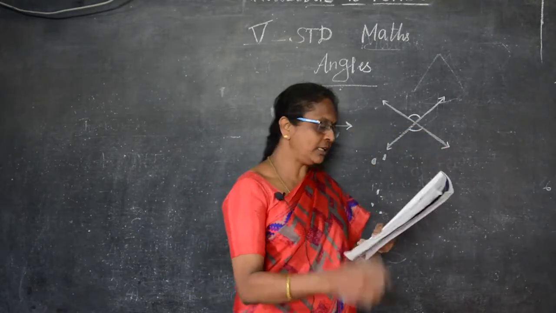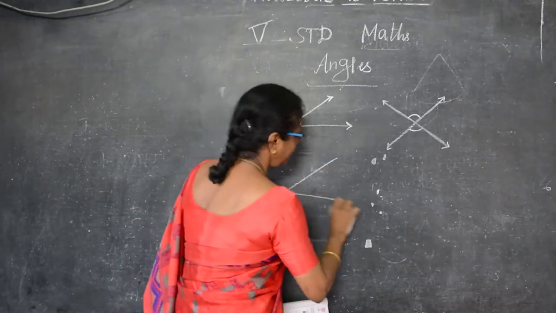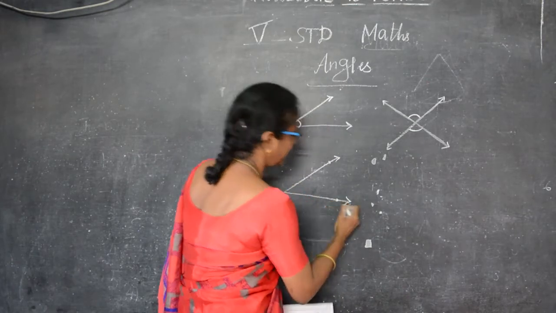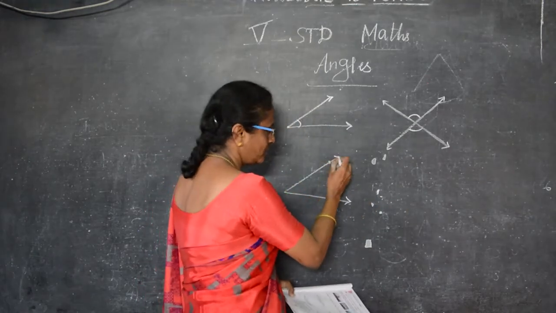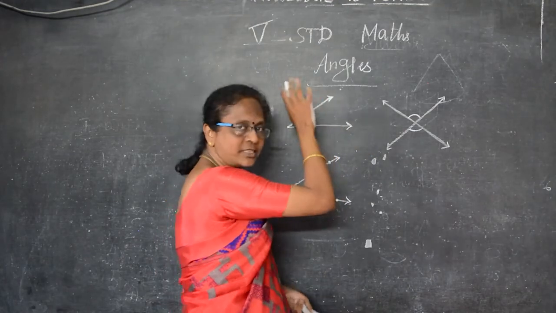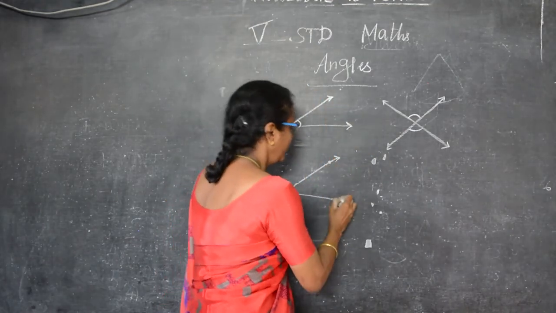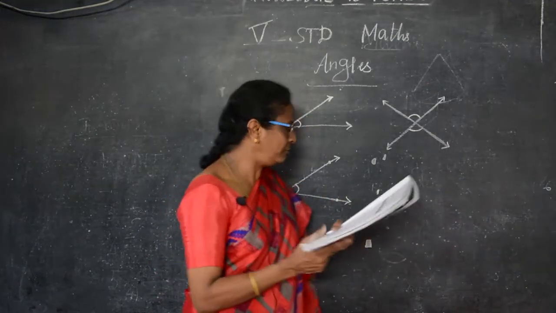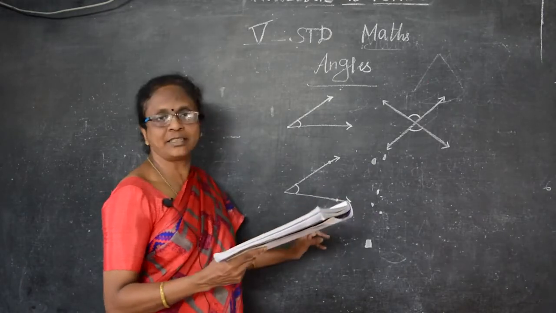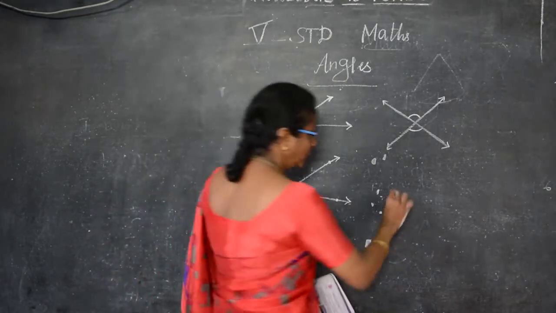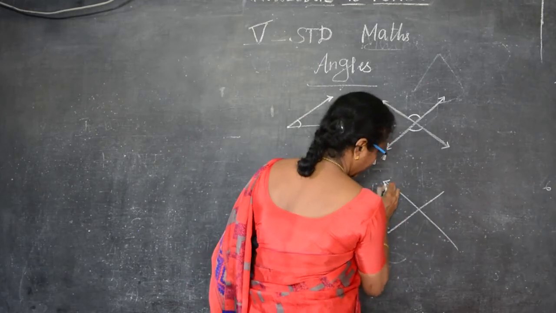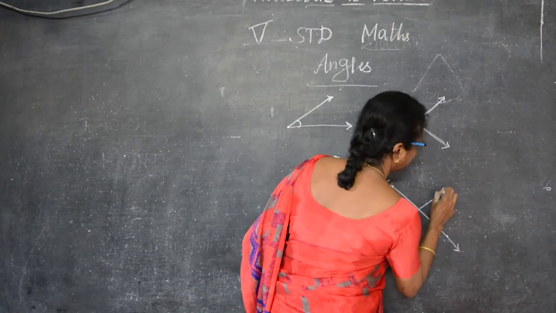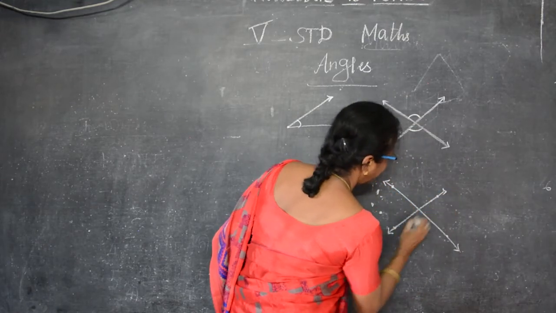And the next one is angle formed with two line segments. So line segments, we can extend the lines. This is called a line segment. Rays end at a particular point, but line segments you can continue to extend. So in this also we got the angle formed by meeting the two line segments. And here also two line segments are intersecting each other. This is called the line segment.